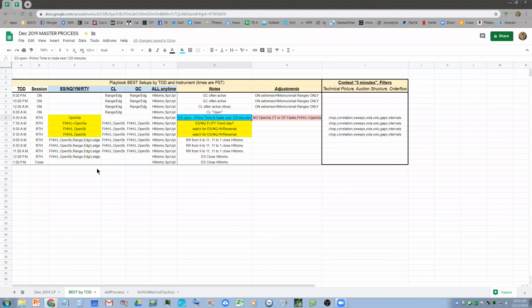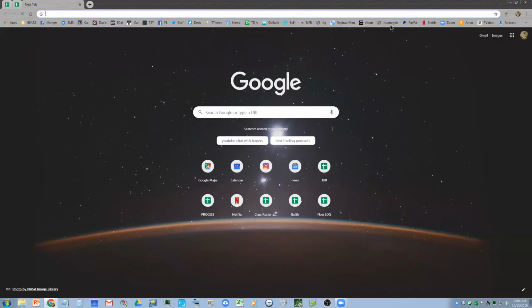Okay, so questions about the playbook. I've been teaching you setups. This is what a playbook looks like. A playbook is setups by time of day with filters and keynotes. That's a playbook. And by the way, if you get into Journalytics, the other half of Day Trader,